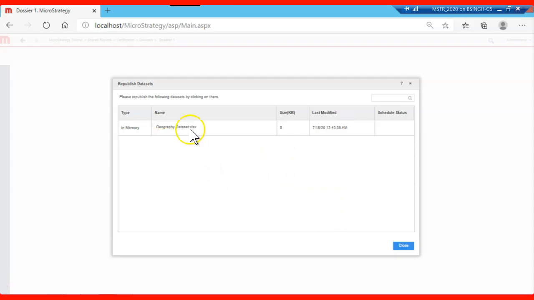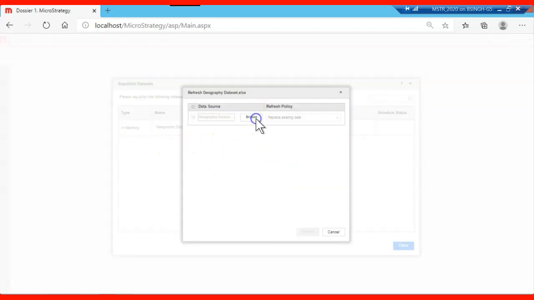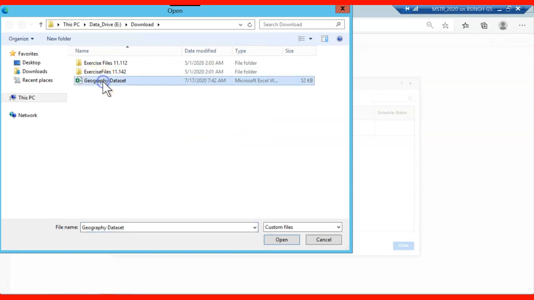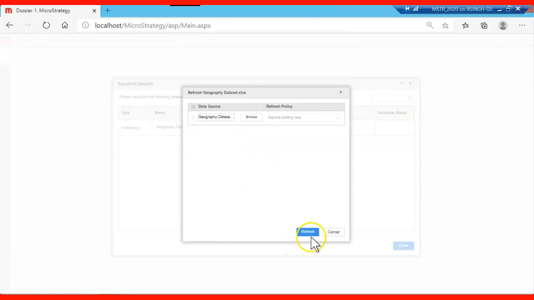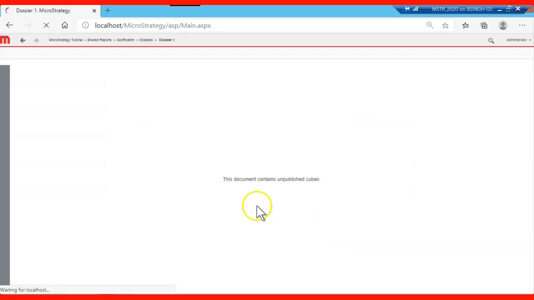Click on the republish button, and this will give you the republish data set dialog, where you choose which data set you need to republish. Now you have to browse to your data file, and it's giving you the options. Once you import this data set file, just hit the refresh button, and it will republish these data sets again. It will take a couple of seconds to republish. So it's successfully refreshed and it's going to run.